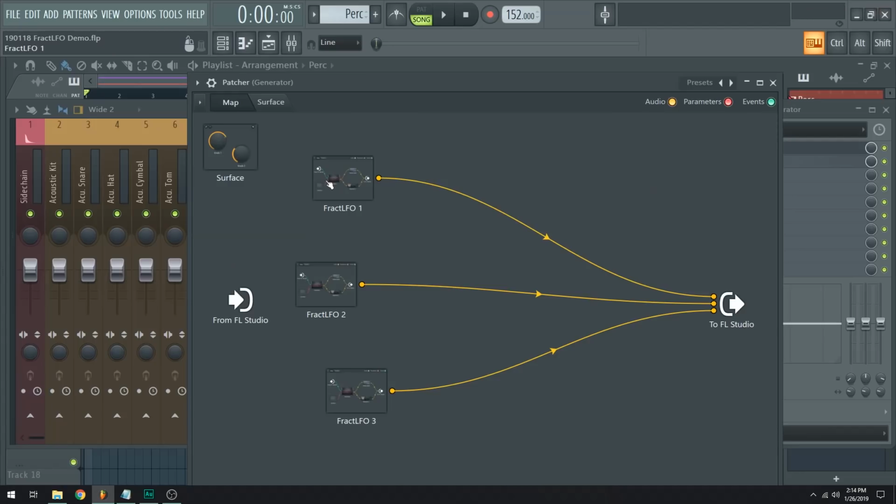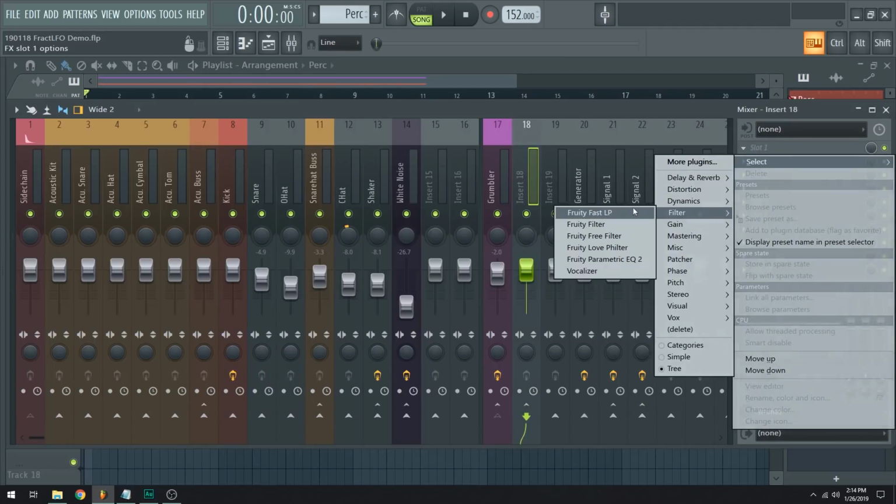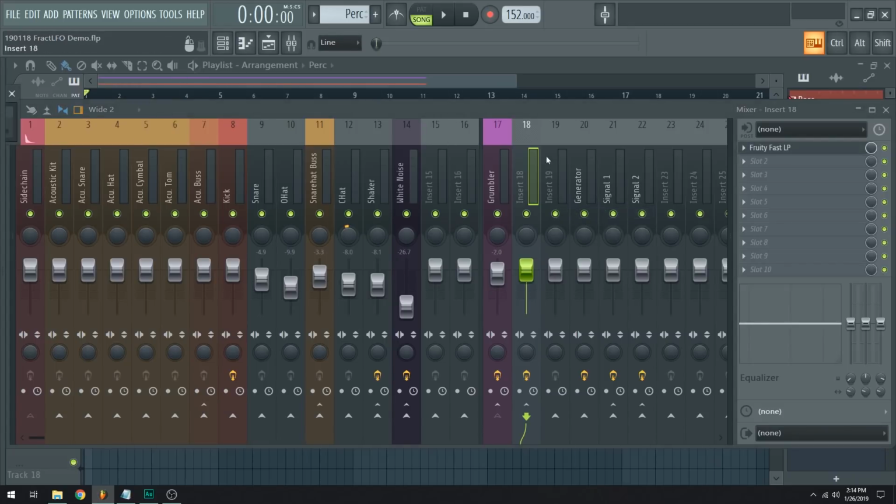All right, so I've set my 3 different signals. They're all individual, and they're all going out to these individual peak controllers. So now I can load up a filter on top of my bass, and we can do the